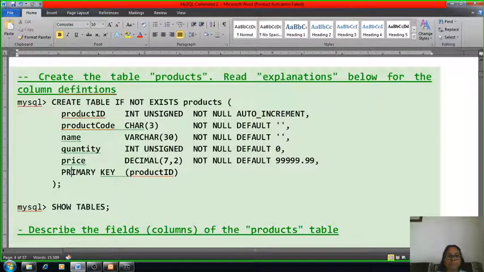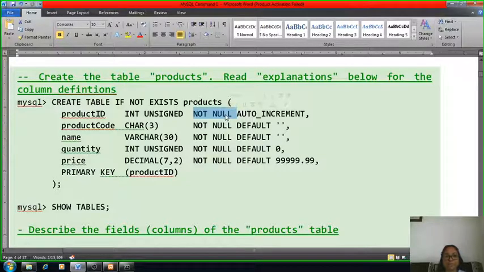Its type is integer. Then unsigned; signed and unsigned are both types of data types. Unsigned means it is always positive. Not null means this value is compulsory, this attribute should not be optional. We cannot skip this attribute's value.